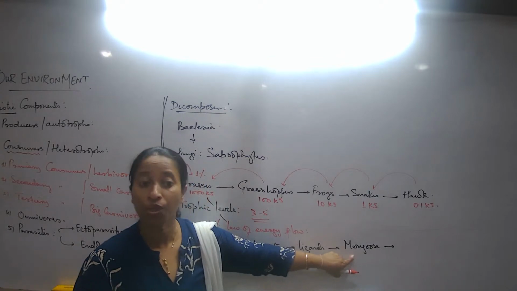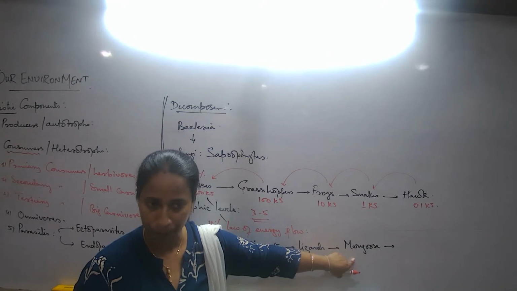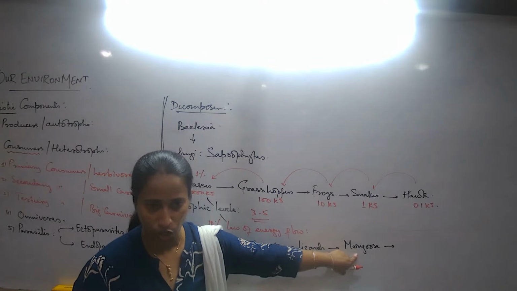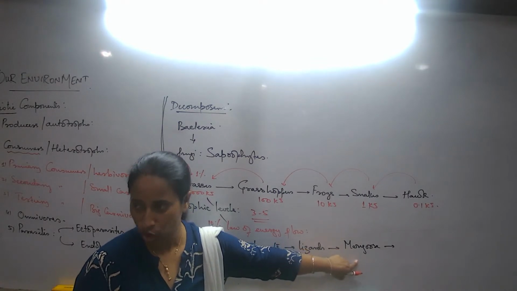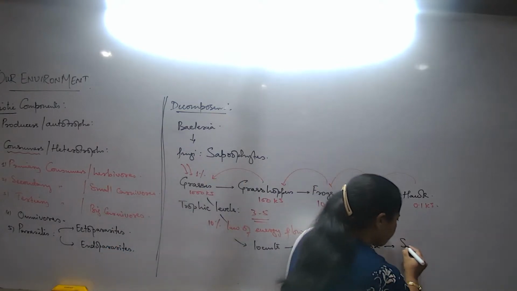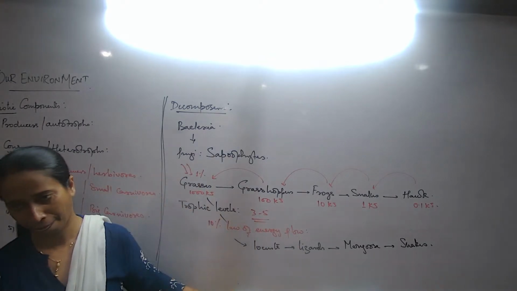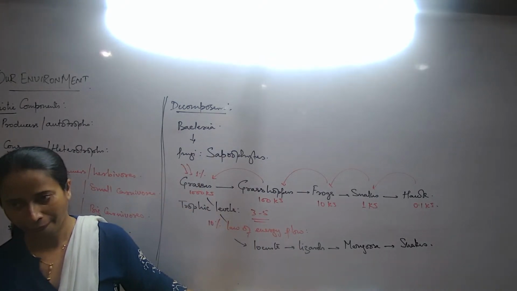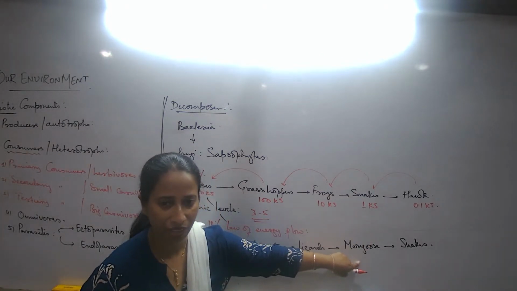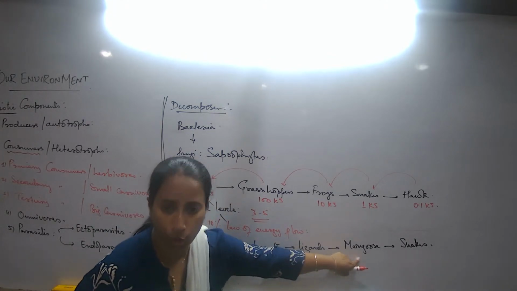Now you get questioned this way: these groups of organisms belong to what category of consumer? Tertiary. No, secondary. Primary, secondary, tertiary consumer. Okay, this is the tertiary consumer. We are talking about smaller groups of animals. After the mongoose, what can we write? Snakes? Can we write snakes here? Snakes are a part of tertiary consumers, but in this example it is different. It depends on what type of organisms you are choosing.